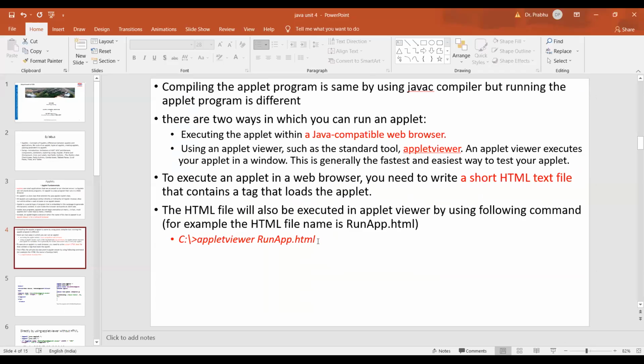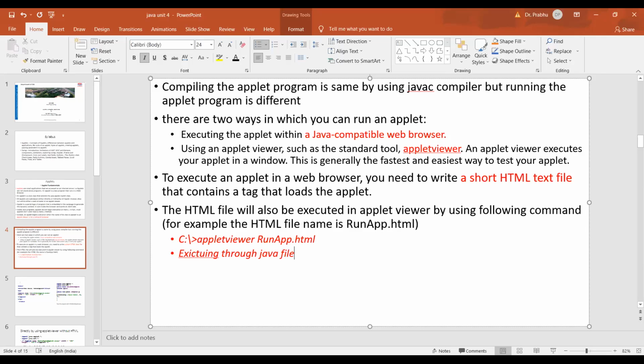So here this is the HTML code. Without HTML, Java code executing through a Java file, the applet through a Java file. So the same statement.